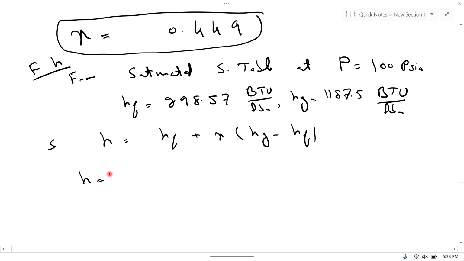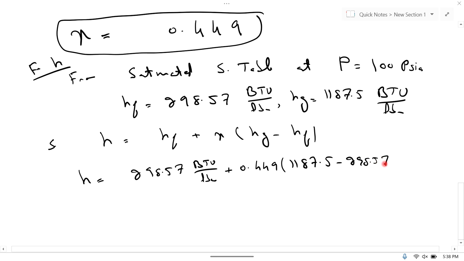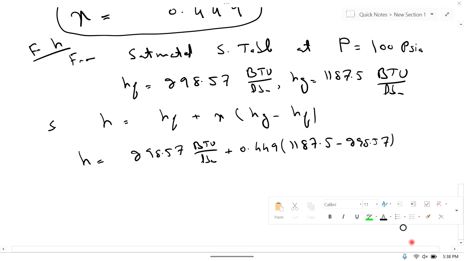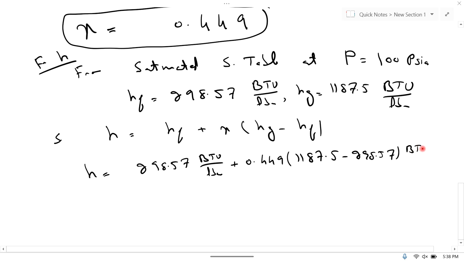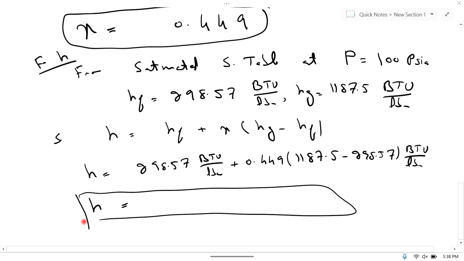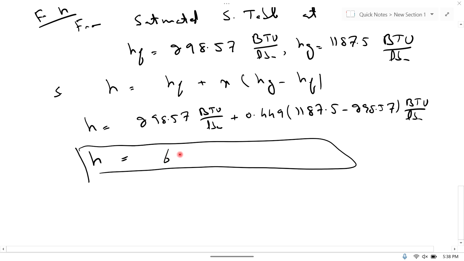So H is equal to, putting values, HF is 298.57 BTU per pound mass, plus X is equal to 0.449, times Hg, which is 1187.5, minus 298.57, just putting values, BTU per pound mass. So simply calculate this value, unit is BTU per pound mass, and specific enthalpy will be equal to 698